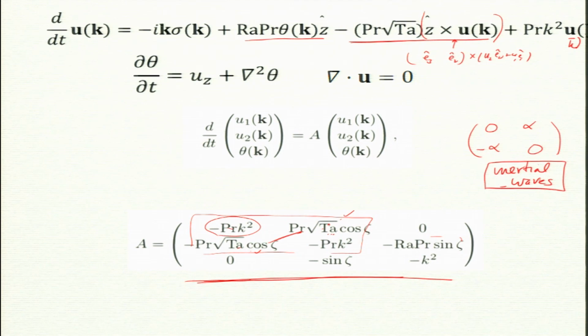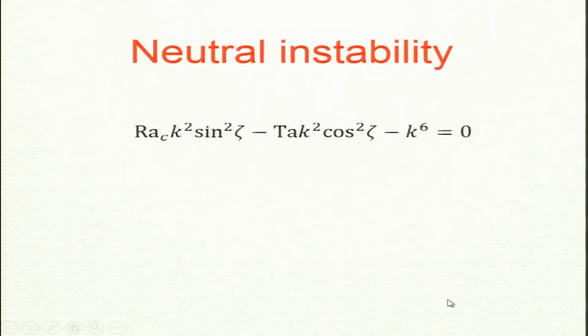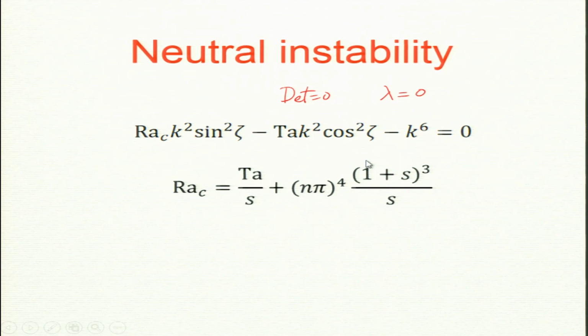But this is a very crude analysis that I have left for now. Setting the determinant to 0 will give you neutral stability: one of the eigenvalues is 0, and at least one has a negative part. But this is the condition for lambda equal to 0, and this will give you Rayleigh critical for a given Taylor number. By the way, I immediately put Rayleigh as Rayleigh critical for lambda equal to 0. So, when I see Rayleigh critical, that means lambda equal to 0. So, that gives you the result in terms of Taylor number.